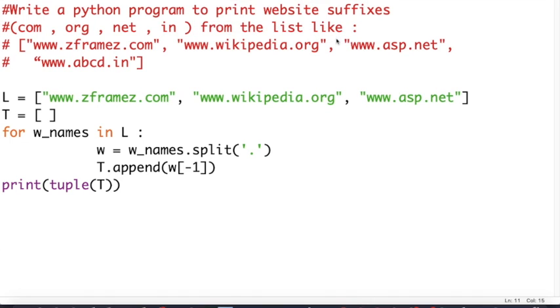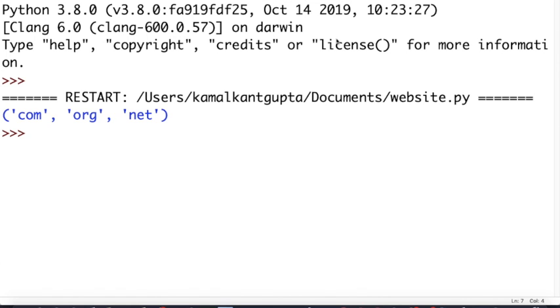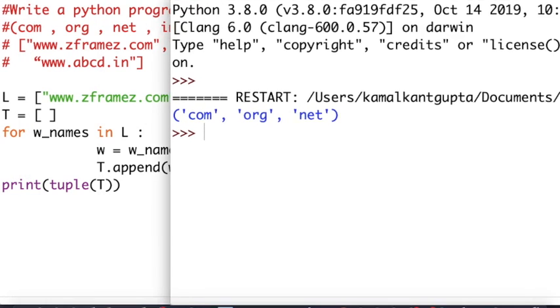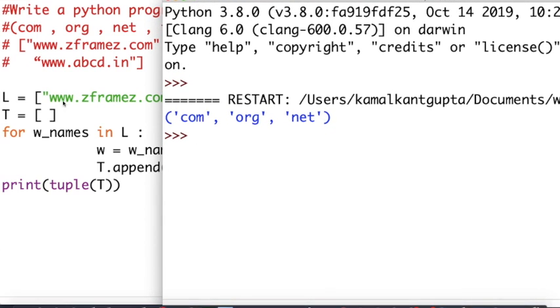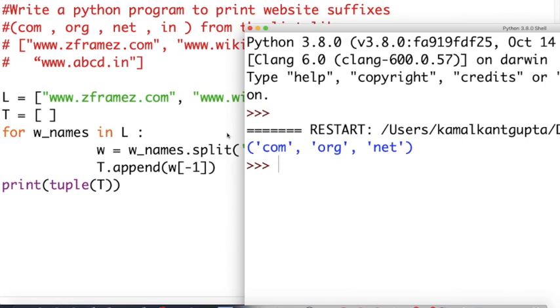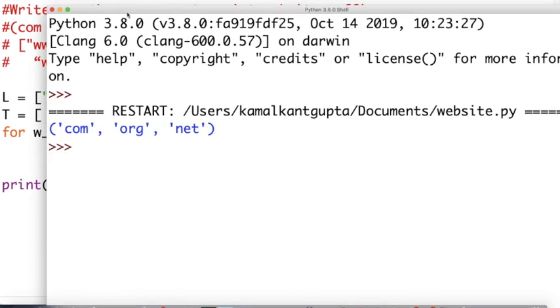So here it is. The output is com, org, and net. As you can see, the output is exactly what was intended. All the domain suffixes of these websites are coming into a separate tuple. So in this way we can extract this.